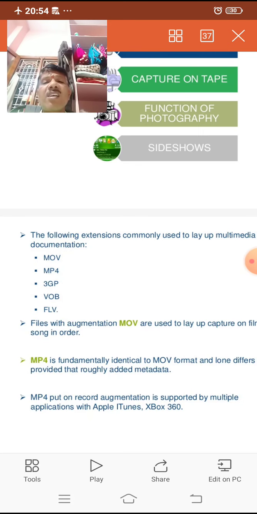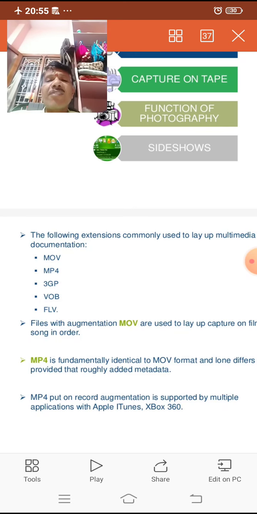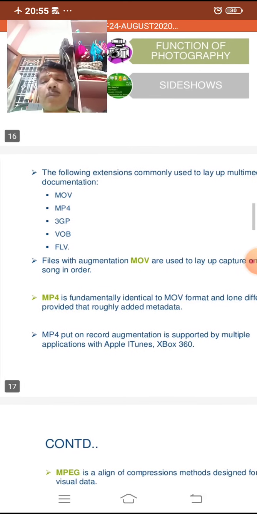So these are the extensions used as part of the audio in multimedia components for specific purposes. We have to remember the multimedia extensions such as .mov, .mp4, .3gp, .vob, .flv. These are some of the extensions used in multimedia documentation.